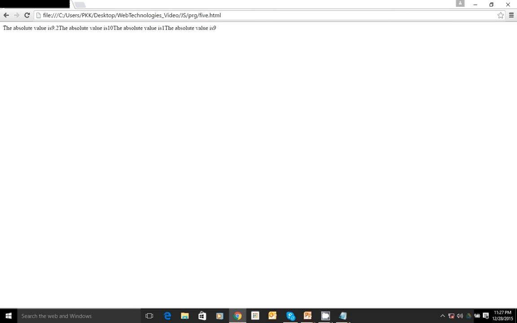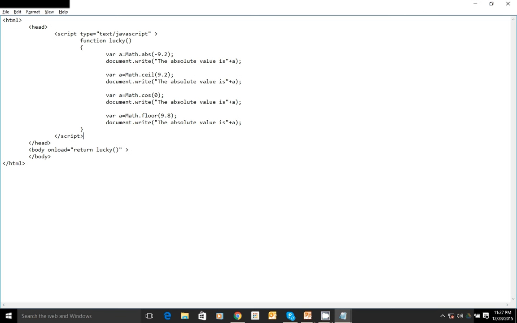The absolute value of minus 9.2 is 9.2. Sorry, we forgot to change this text. So the ceil value, and cos 0, and floor value.